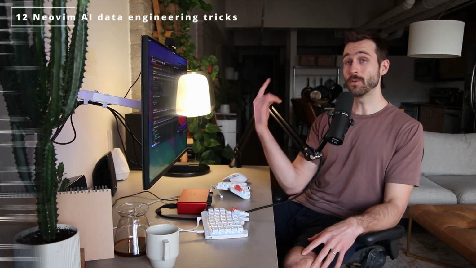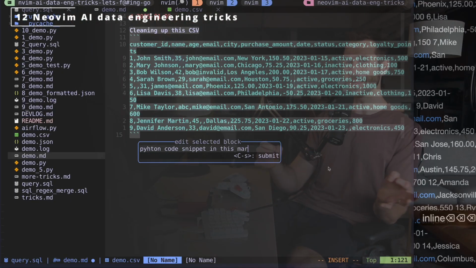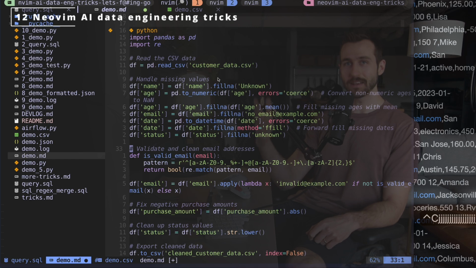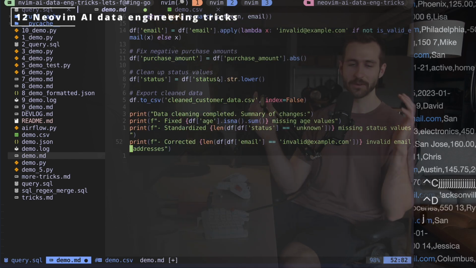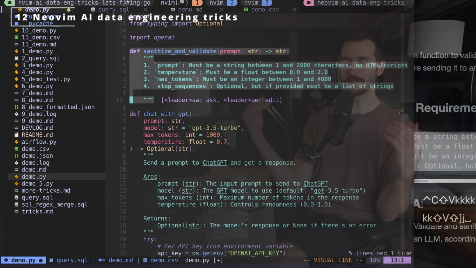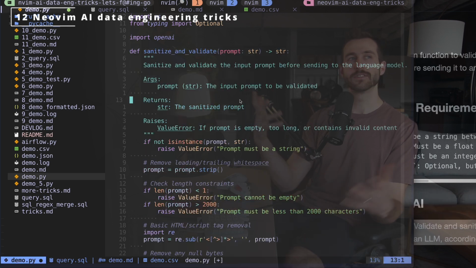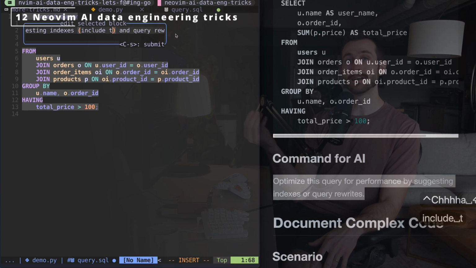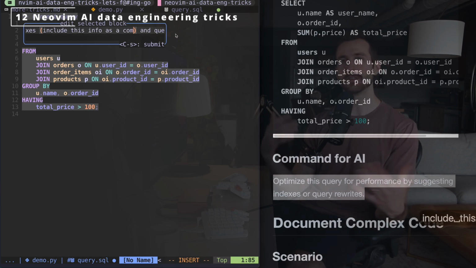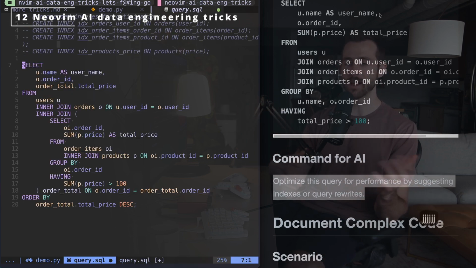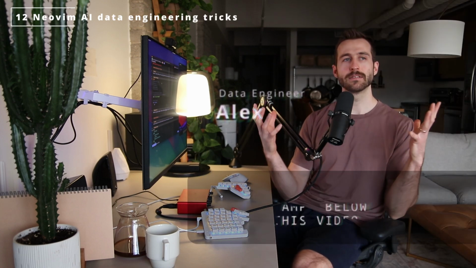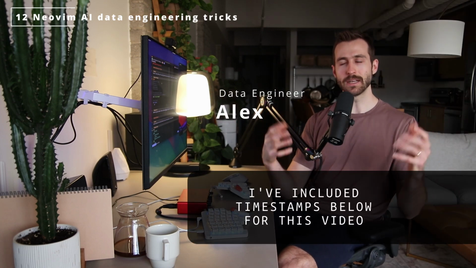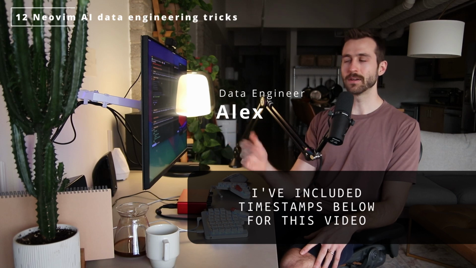Hey guys, I've got 12 more tricks for data engineering with AI and Neovim and integrated terminal, cool stuff to inspire you, and also just to show you what data engineering is all about, or at least an idea of what it's all about and certain things that you'd want to do for data engineering tasks and so on. And I realize data engineering isn't something that everybody has had the opportunity to get experience with, but